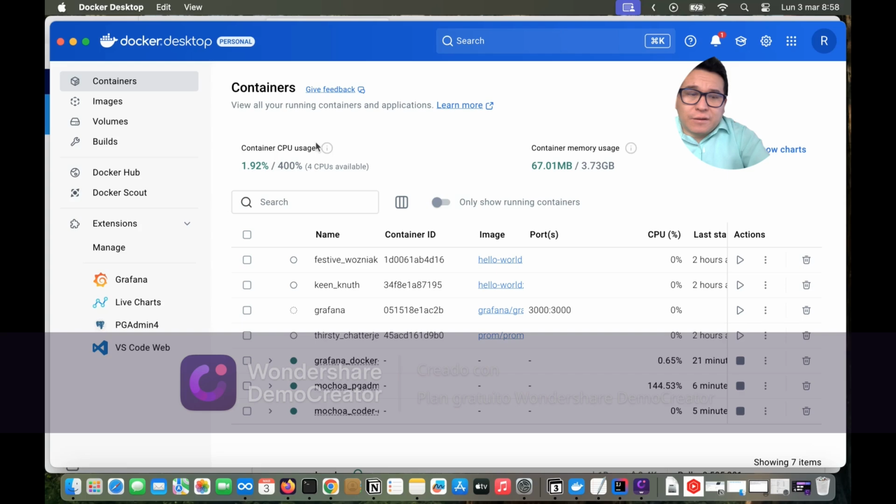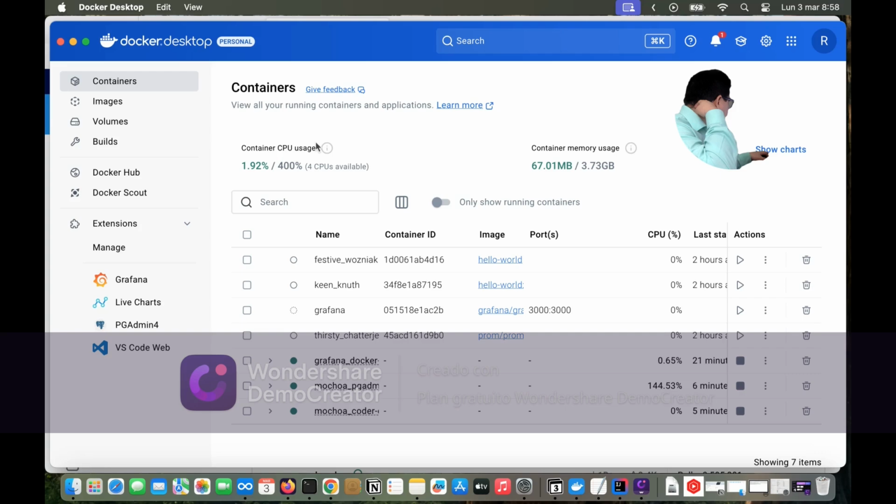In addition, if we want to use Grafana, we can do the same in our terminal and pull the image grafana. So, okay, the image is up to date for grafana,